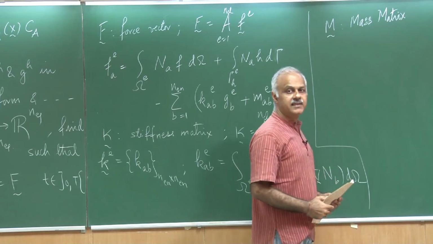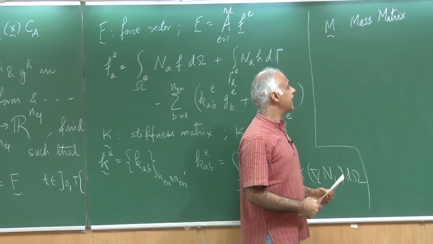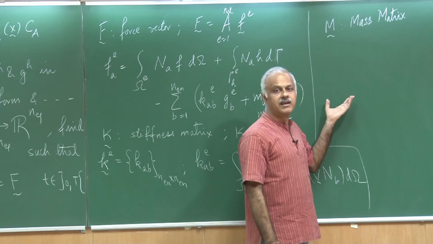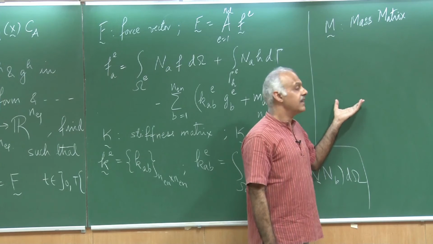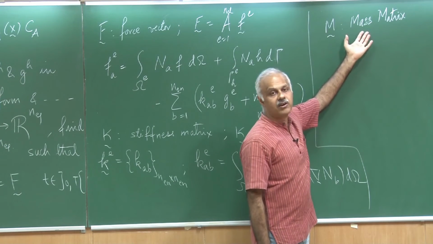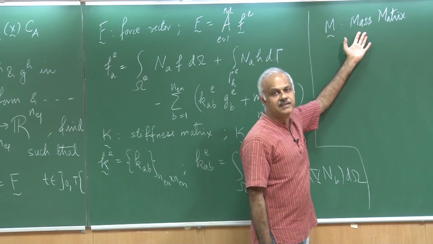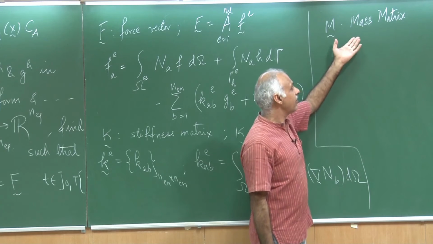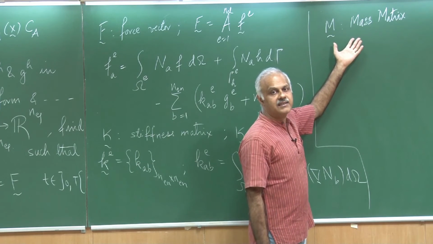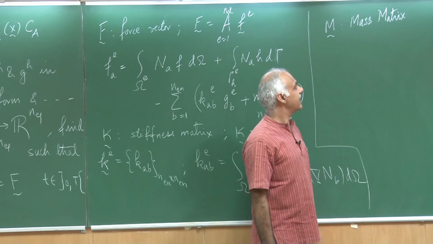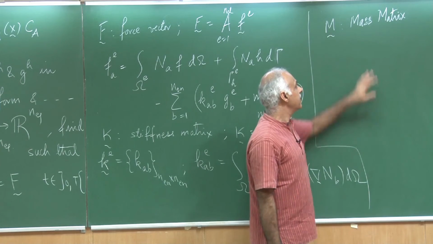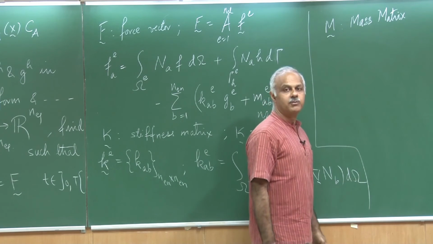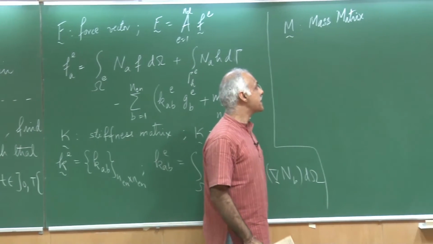The reason is that in structural mechanics, the time dependent term would come from the inertia term, and that is why the name has stuck on, the mass matrix. Sometimes in heat conduction people also call it the conduction matrix, but that is not so common. Mass matrix is a more common term and we will stick with that.